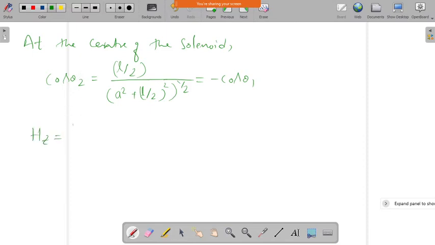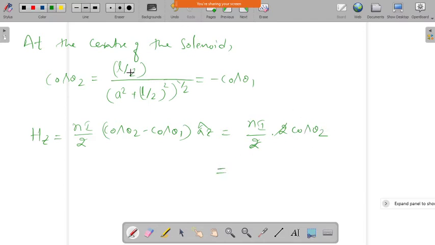we are going to get n into I by 2, into cos theta 2 minus cos theta 1, into Az. Now cos theta 2 is nothing but minus of cos theta 1, or cos theta 1 is nothing but minus of cos theta 2. So we substitute cos theta 1 equal to minus cos theta 2, and this becomes 2 times cos theta 2. So N I by 2 into 2 cos theta 2, and the factors cancel each other.